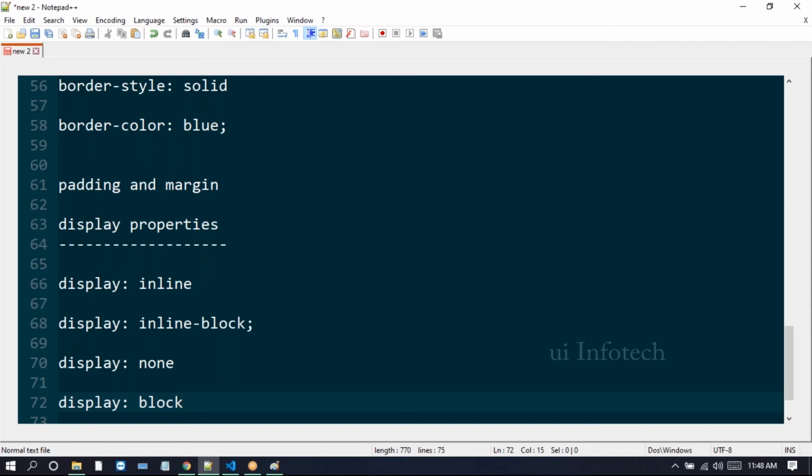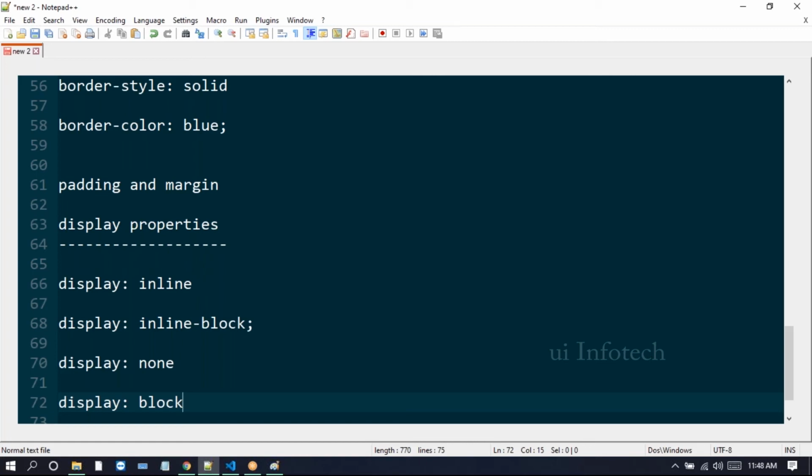This display property inline means inline within the line. So what is the difference between inline and inline block? If you write inline, for inline elements we can't set height and width. While writing the inline property, it doesn't allow you to set height and width.